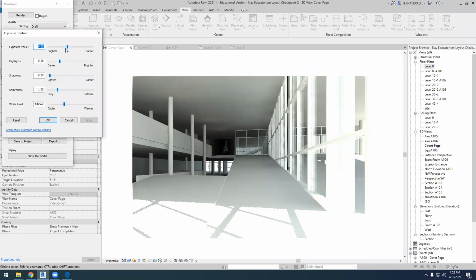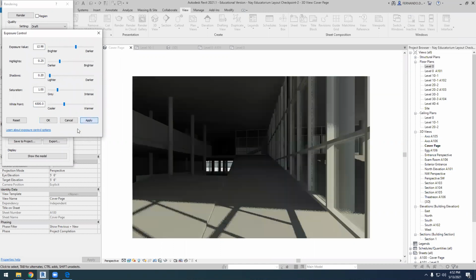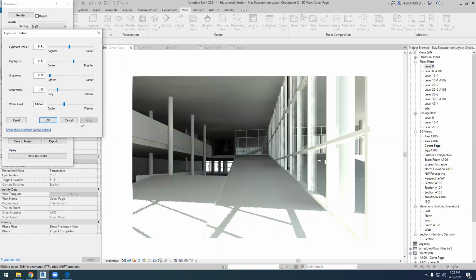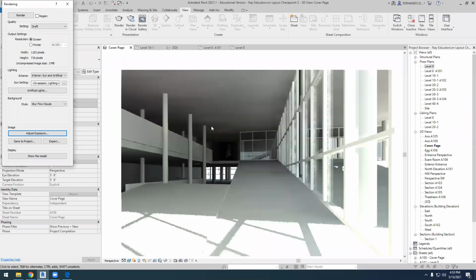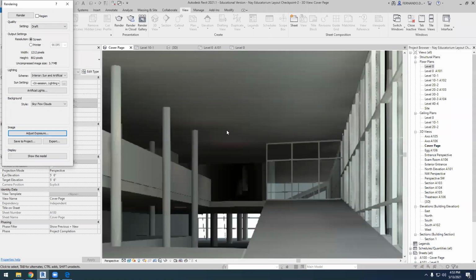I can adjust exposure and make it darker. Yeah, but everything is darker now. Okay, with this natural light, the effect of the artificial light is not that relevant, and it's a shame